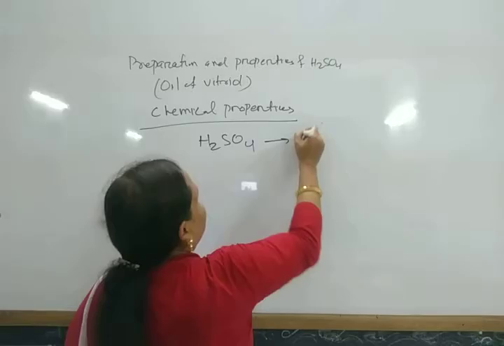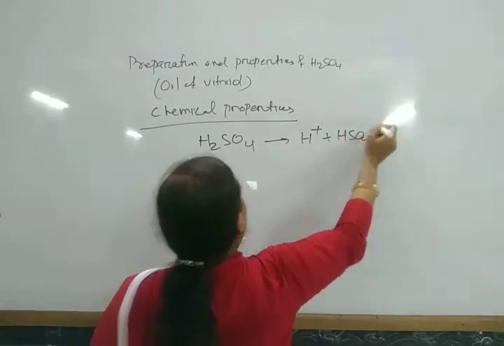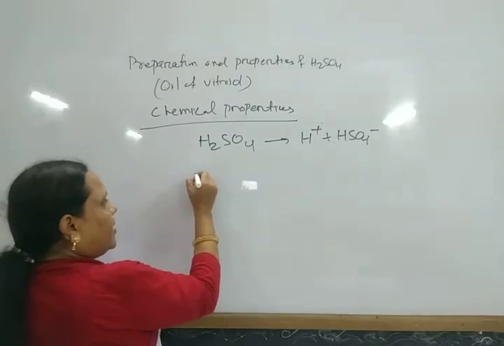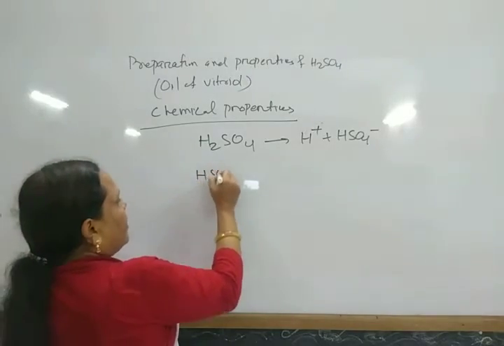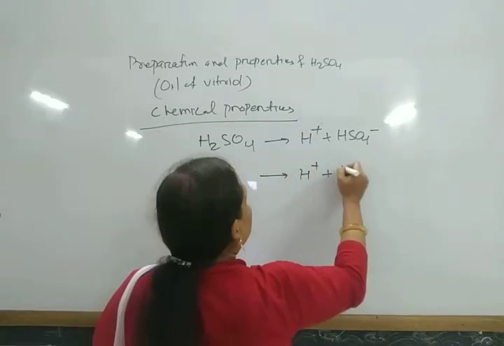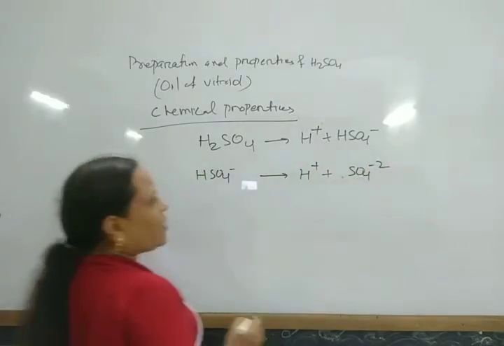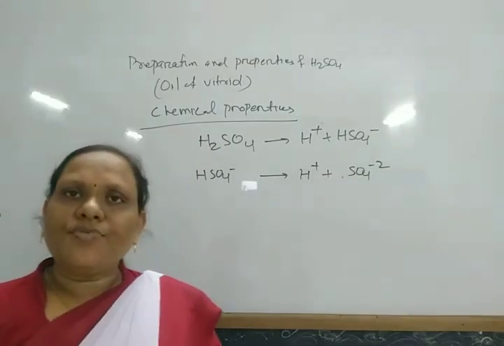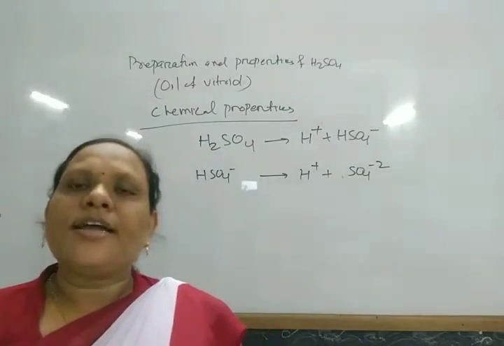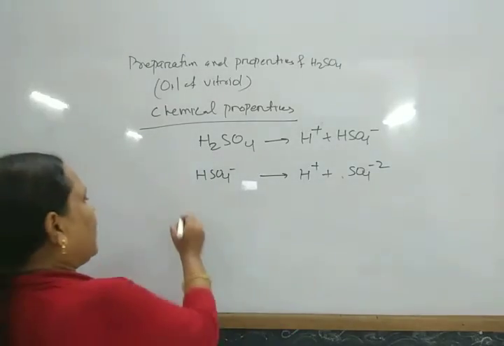H2SO4 gives rise to H plus and HSO4 minus, and again HSO4 minus gives H plus and SO4 2 minus. In this way, when sulfuric acid reacts with bases, it forms two series of salts